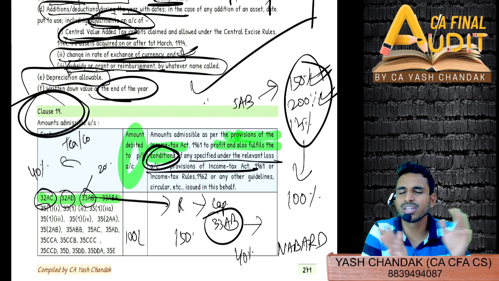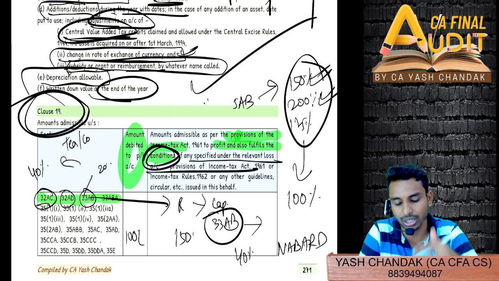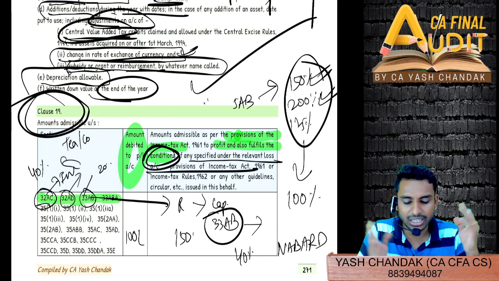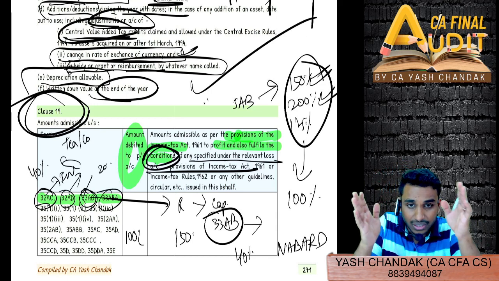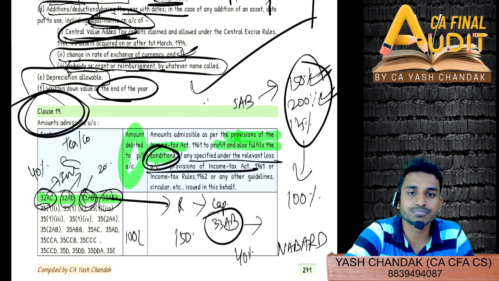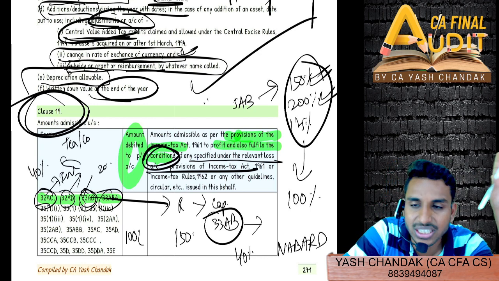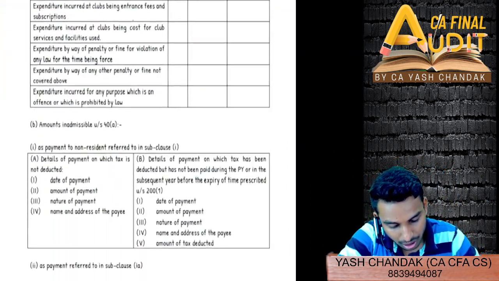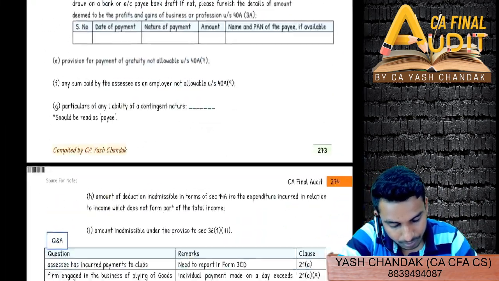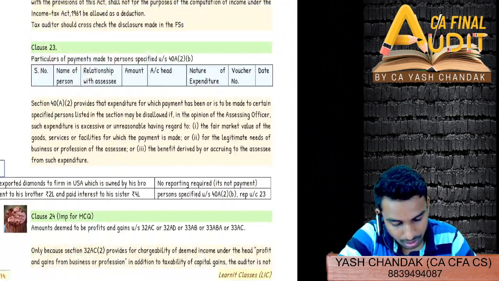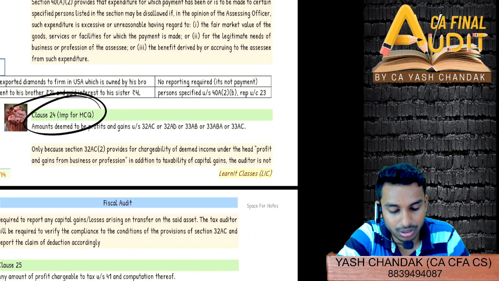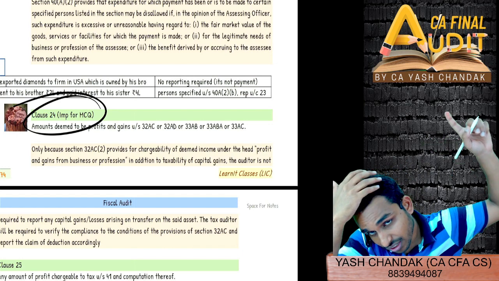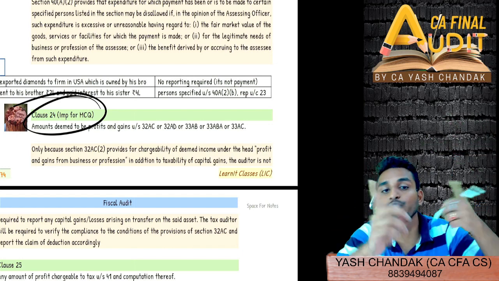Like for 32 AC, something sort of scientific expenditure or investment allowance. 32 AD was additional depreciation, or tea, coffee, rubber, like 33 AB, this range of sections. You'll have to just get an idea that yes, these sections were covered in clause 19, and also all these sections were covered in clause 24. Clause 24 also, because all those sections in which you took deduction,